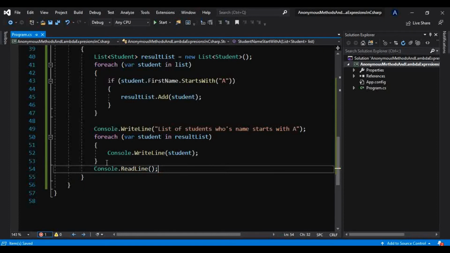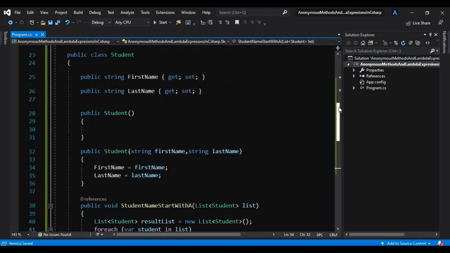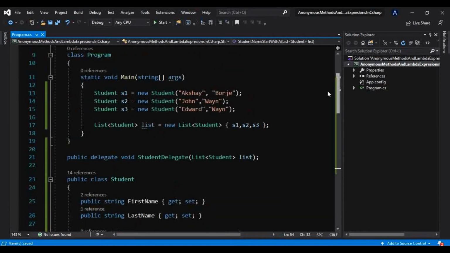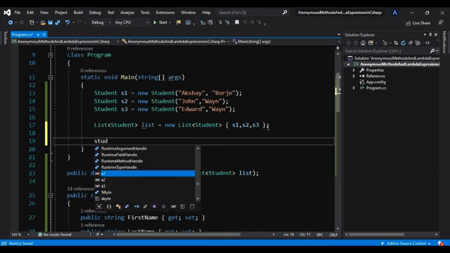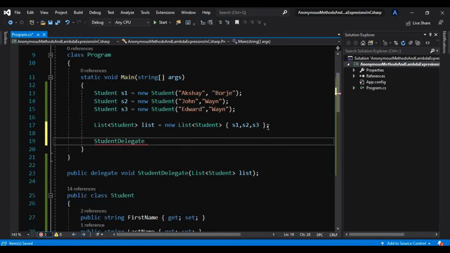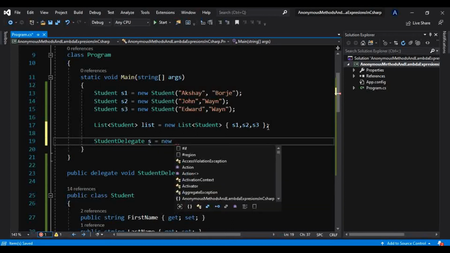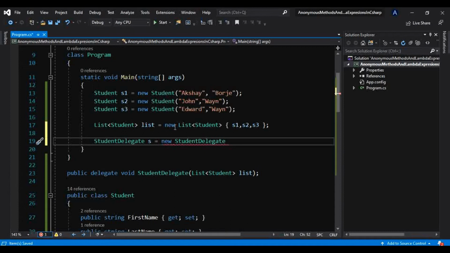All right. Now we will create an instance of that delegate here, that is StudentDelegate s is equals to new StudentDelegate. Maybe I will name that as sDelegate.